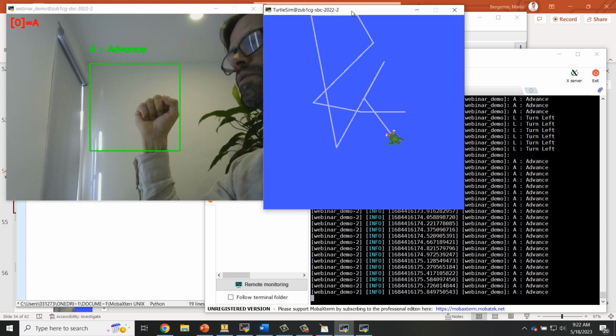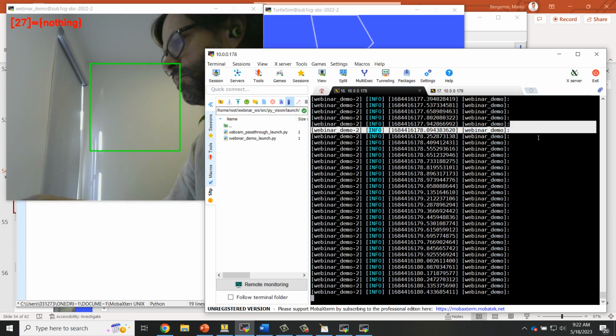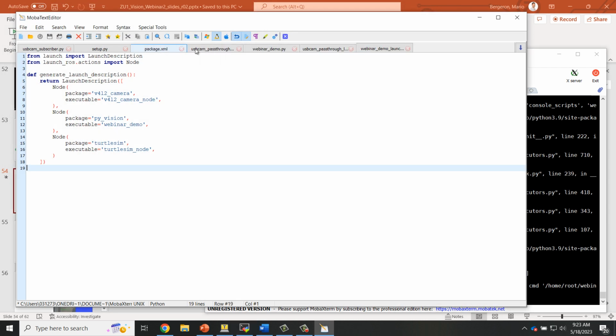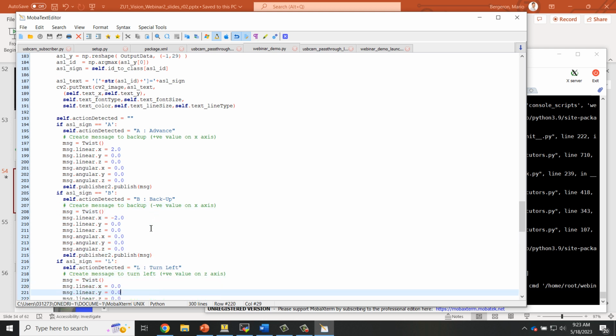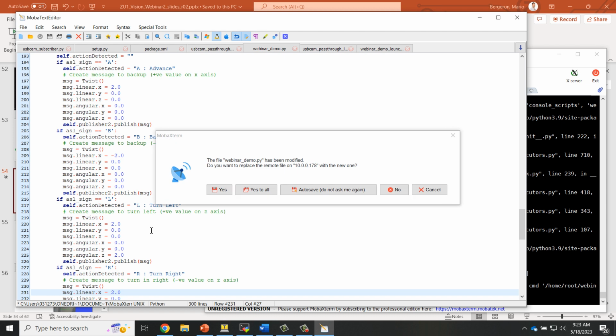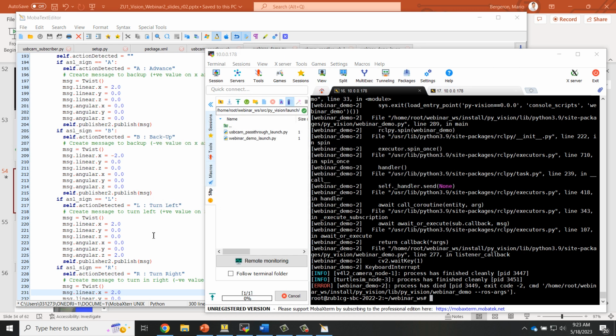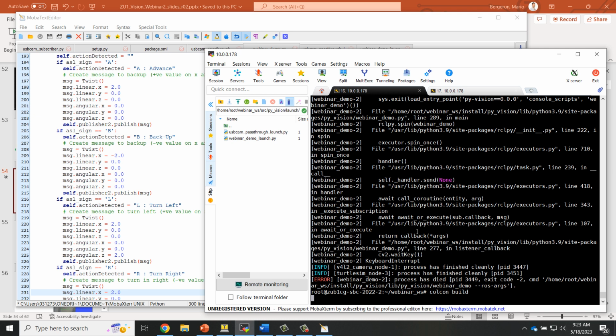So this one's actually a little hard to drive. So there's a little modification I want to do just for fun. When we're turning, instead of just doing a rotation on the z-axis, we can also advance. And this makes things, I found, a little easier to control. And it also creates an arc. So the turtle advances while turning, so that creates an arc. So if we build this and rerun it,